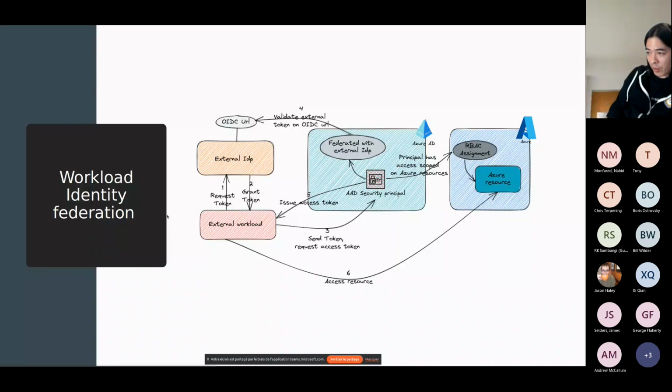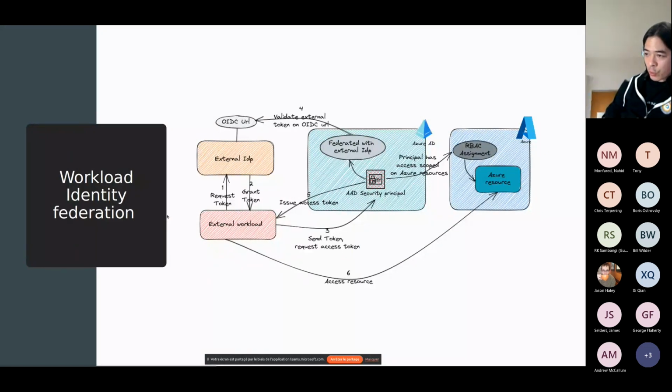It will validate with the external IdP on its OIDC URL that it accepts the request, with the definition that we will have a look at afterward also, and